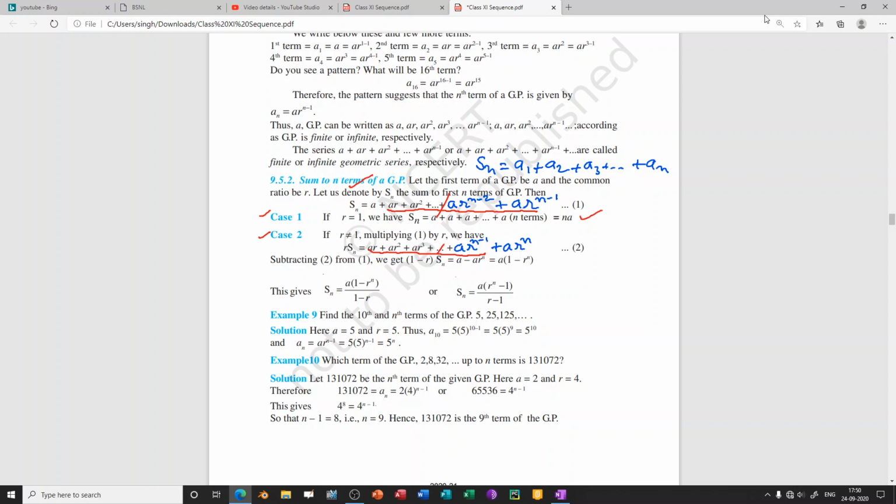Here, Sn minus r Sn, they have taken Sn common. This is what we will get: 1 minus r Sn equals a. That will be the first term and the last term. First term of equation number 1 and the last term of equation number 2 will remain. But between them will be a minus sign because we are doing the subtraction. So we will get a minus a r raised to n. So this is a into 1 minus r raised to n. So therefore we will get Sn equals a into 1 minus r raised to n over 1 minus r, or Sn equals a into r raised to n minus 1 over r minus 1. Both are correct. So this is how we can get the sum of n terms of a GP.